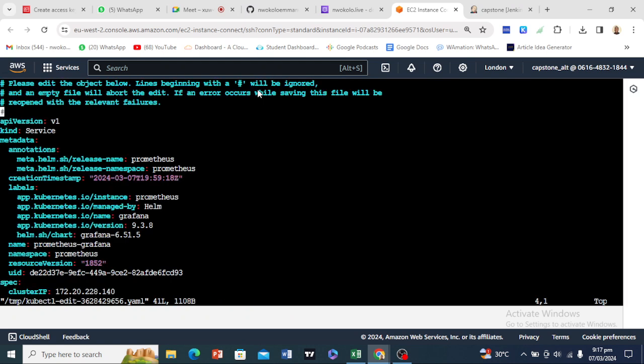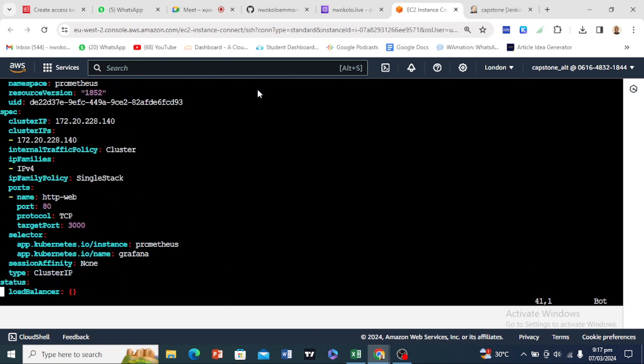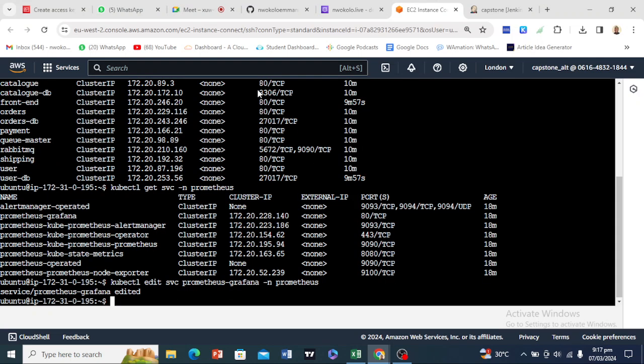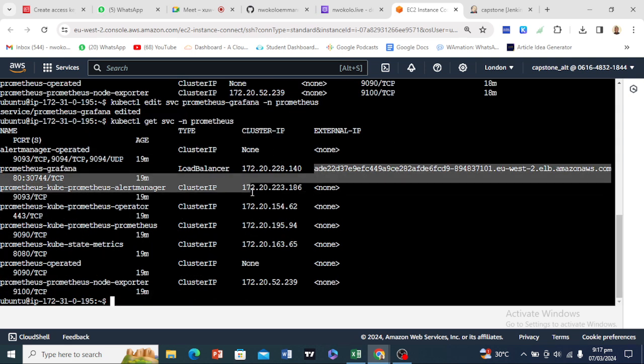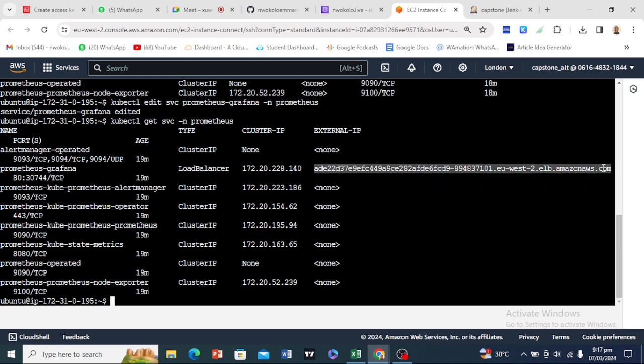So now we scroll down to the bottom to where we have cluster IP, right? And we use I to insert. So we clear this out and we use the load balancer. Yeah, so a load balancer, we use escape and :wq. So yeah, when we now run the same command again to get the services, we should be able to see a load balancer now present. So if we copy this load balancer and we put it in our browser,